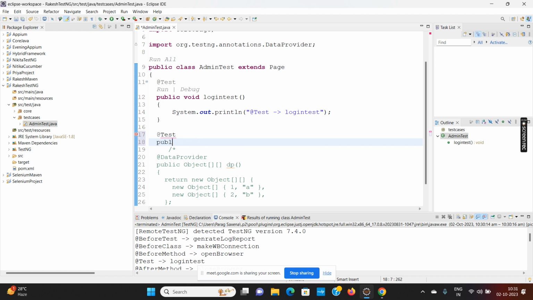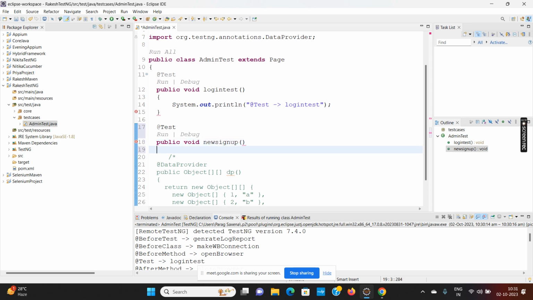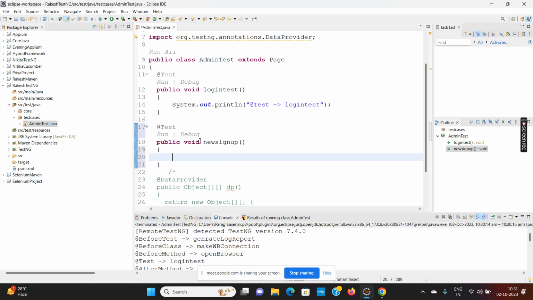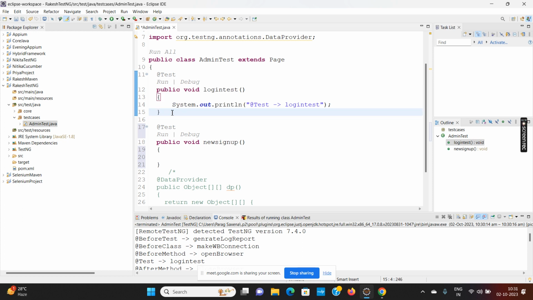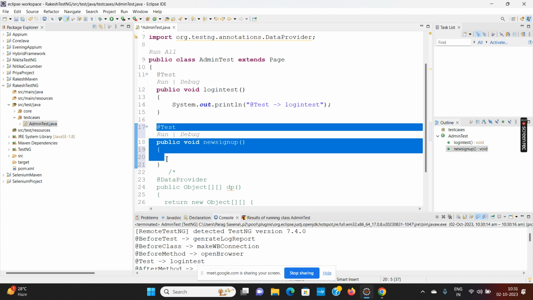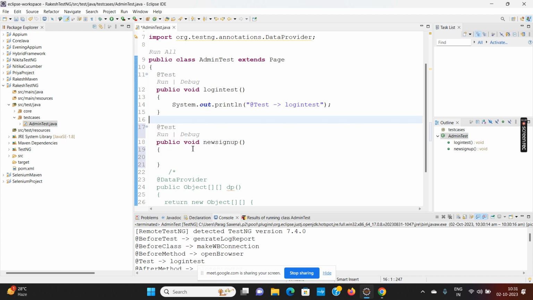And again I'm writing one more method, say public void newSignUp. Like this. So again, this is a different scenario, sign up. This is a scenario for login. So I should create two different classes. But if you want, you can write @Test methods in a single place, in a single class. Two @Test methods can also take place. So if I write two @Test methods, again I write